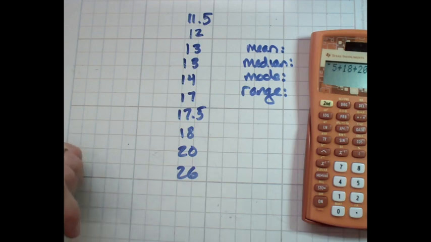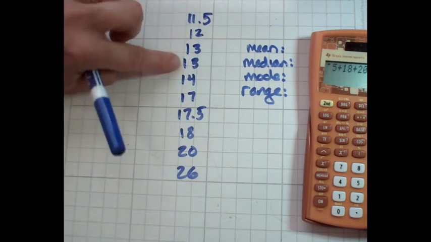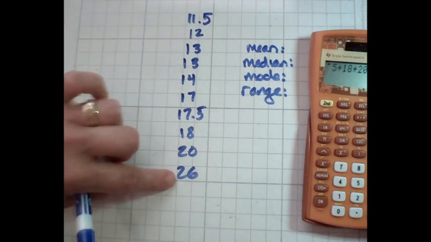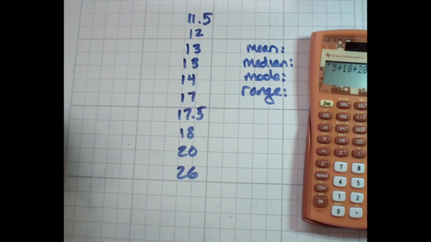All right. Now, if I hit divided by 1, 2, 3, 4, 5, 6, 7, 8, 9, 10 numbers, I will get the wrong answer. Your calculator will not do order of operations for you. Your calculator would only divide the 26 by 10 because order of operations says we divide before we add. So please make sure you're not just typing everything into the calculator and asking it to do the math for you.